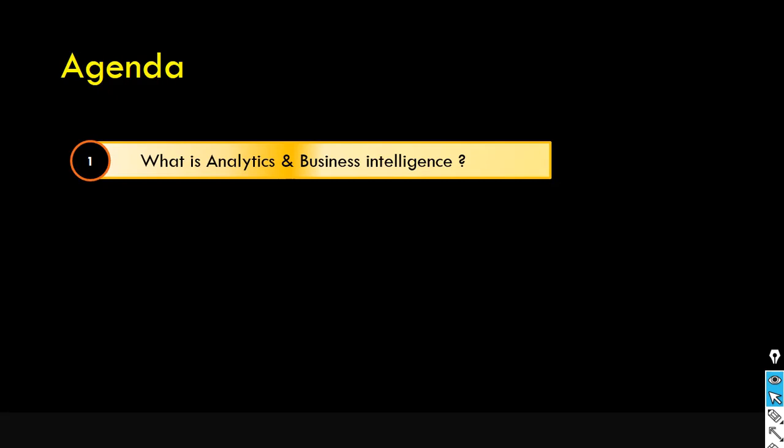So what is a data warehouse? What is a data mart? What is a staging area? What is a data lake? And what exactly is business intelligence all about? These are the things they will expect from you. Hence, I will just give you an overview of business intelligence, but in the subsequent sessions, we'll explain in detail what a data warehouse is and everything else. Don't worry, this session is going to be a 100-feet-height level overview.